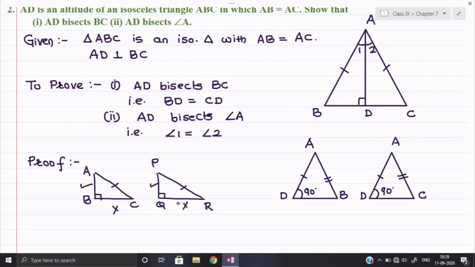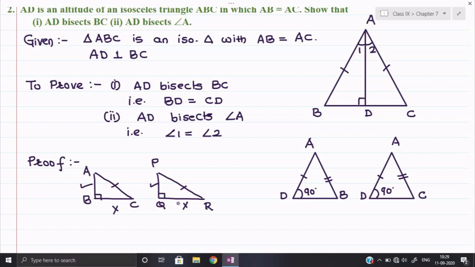Okay, so either you need, along with the hypotenuse being equal, AB equal to PQ, or you need BC equal to QR. And now you observe what is given in the question. First of all, check whether the triangle is a right angle triangle or not. If the triangles are right angle triangles, then only think of applying the RHS theorem. So see, our triangles are already given to us as right angle triangles.